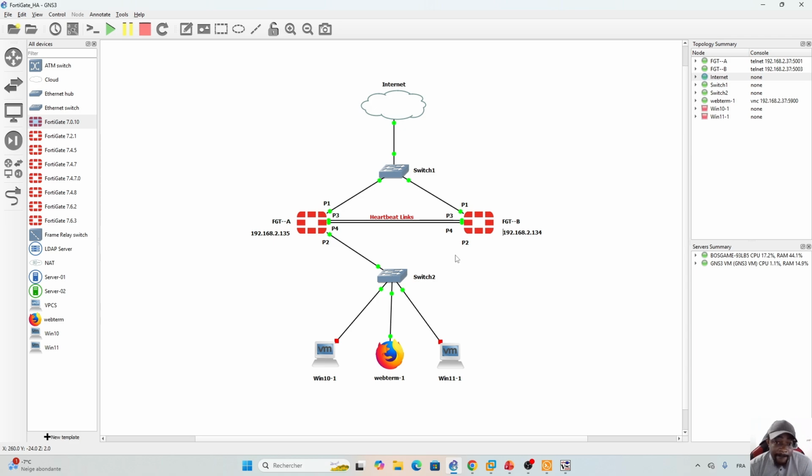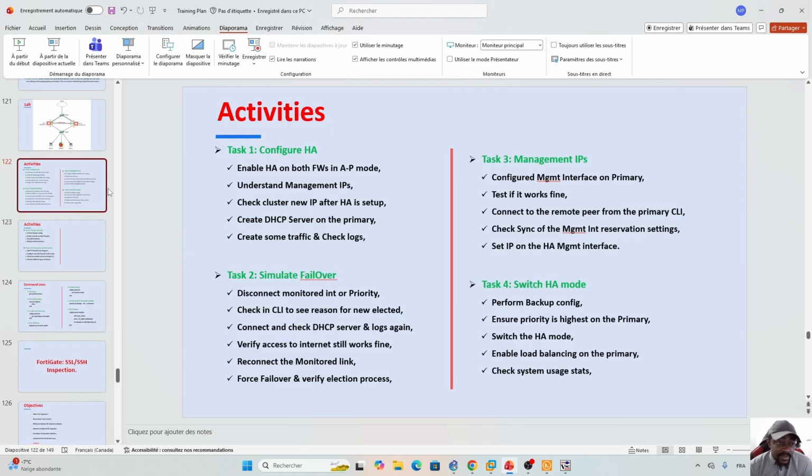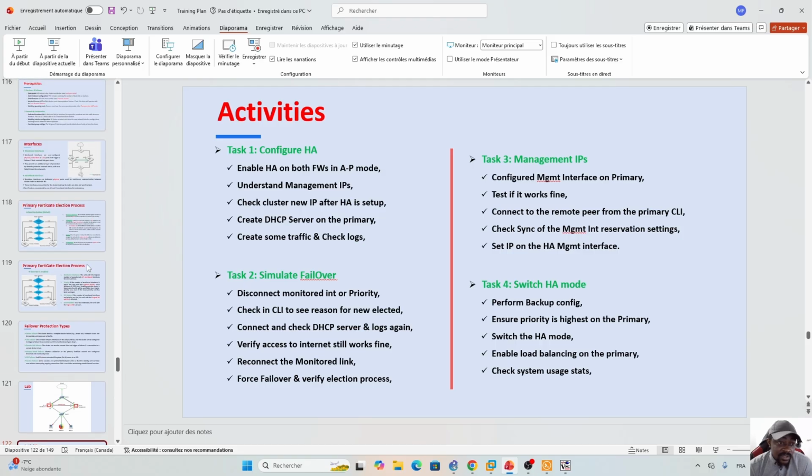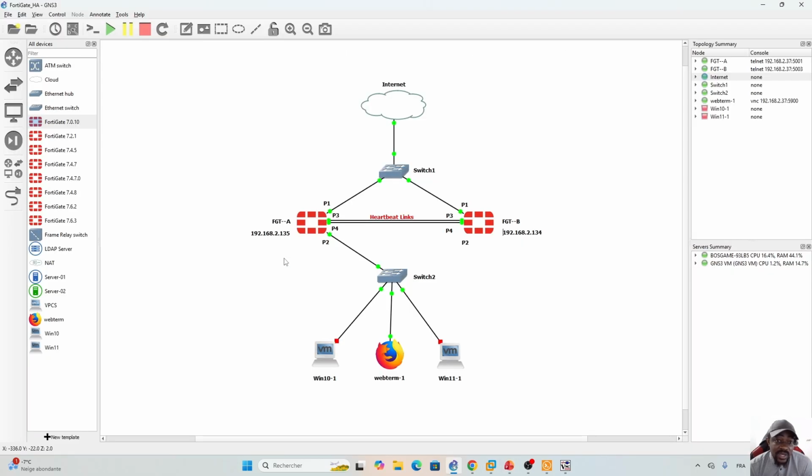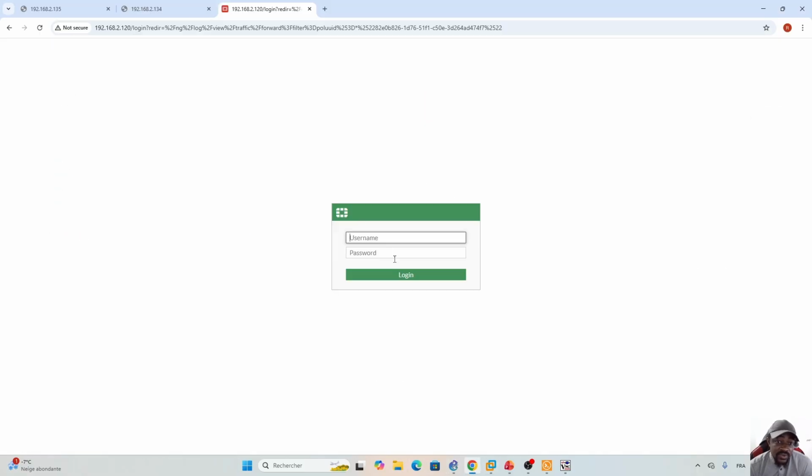Now, because of the election process, remember that in the election process, the FortiGate device that has the higher number of operational uplinks will become the primary. So normally here I'm expecting this one to become the primary because it has 2 monitored links, while this one has only 1. So we'll just connect again on our FortiGate. Oh, as you can see, we were disconnected here. So if I reconnect on